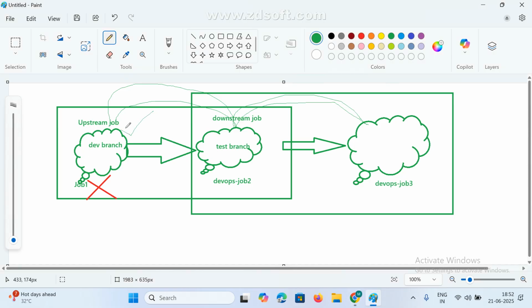I am running this job. Once this is success, it will automatically run this job. Anyway, this is failed, right? If it is failed, yes sir, means